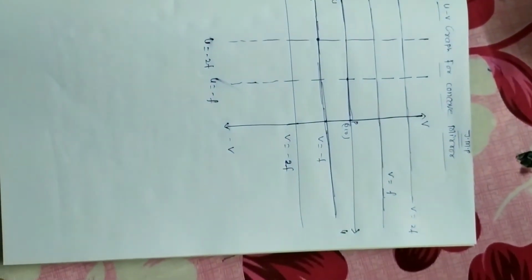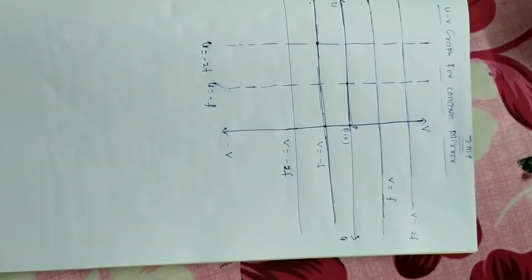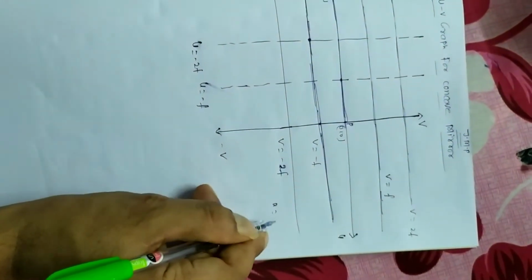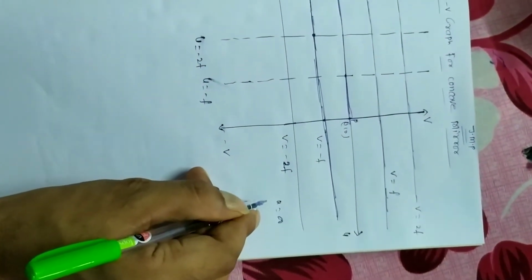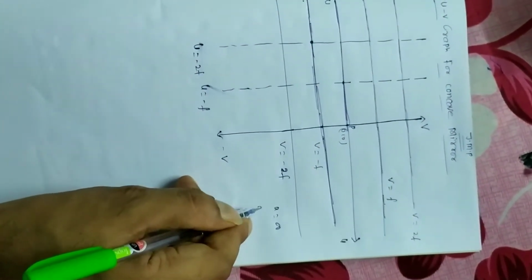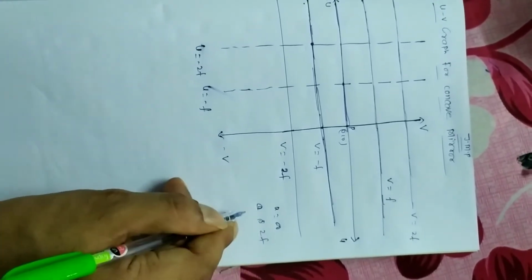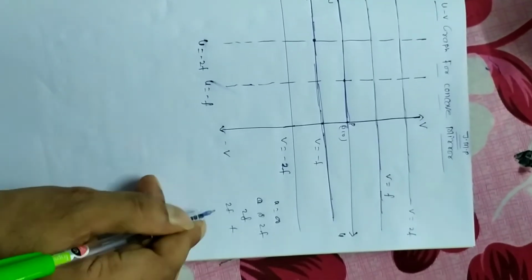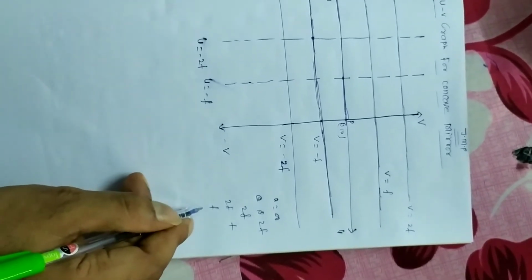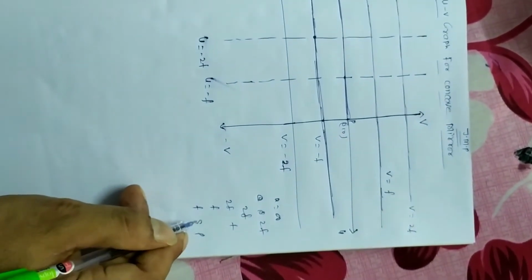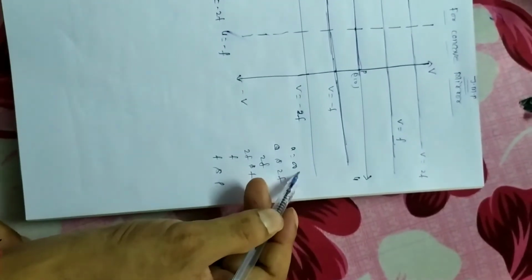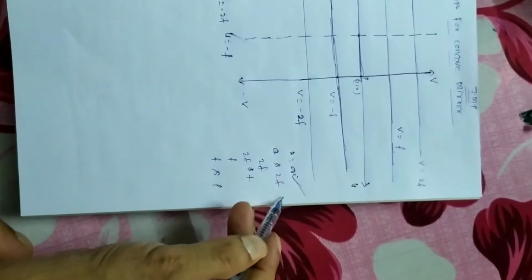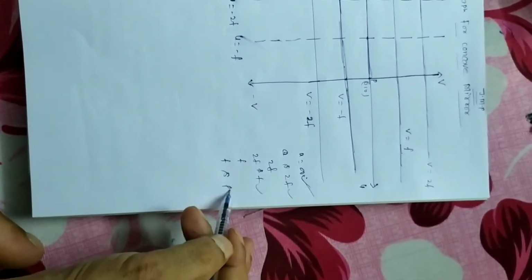Basically, in the concave mirror, how many cases did we discuss? A lot of cases. First case, when u is at infinity. Second case, when u is between infinity and 2f. Third case, at 2f. Fourth case, between 2f and f. Fifth case, at f, and sixth, between f and pole, right? So this many cases we have already discussed in concave mirror. Now we are going to plot its curve, its graph.